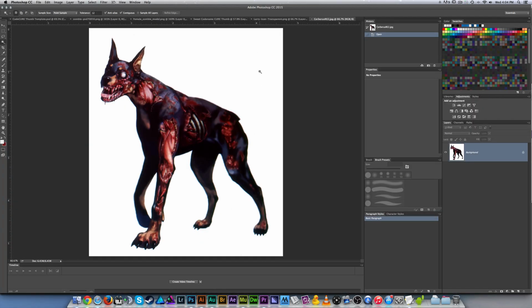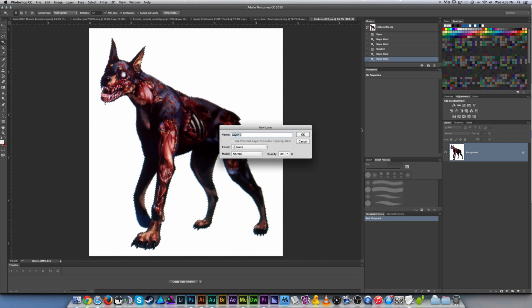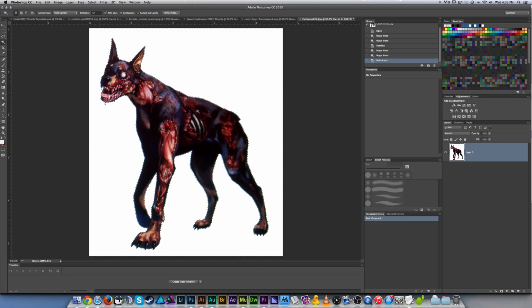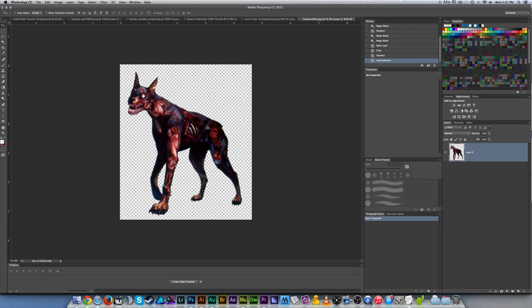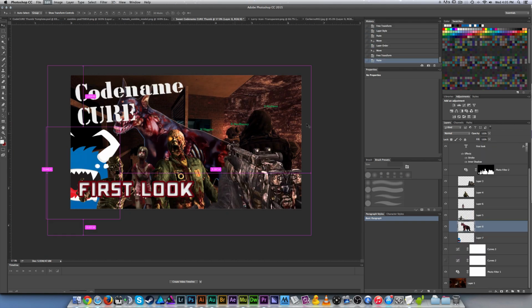So occasionally, when you tab in and out of Photoshop on your computer, the controls get all weird for a sec. Just tab in and out again, and you should be fine. So we just hit W to select the magic wand tool, and the magic wand grabs everything of a particular hue of color in one go, like a quick selection tool, so that we can unlock this Doberman pinscher who's missing some skin and some eyelid, and we can quickly grab and delete that white background and then select him and paste him into our wonderful,